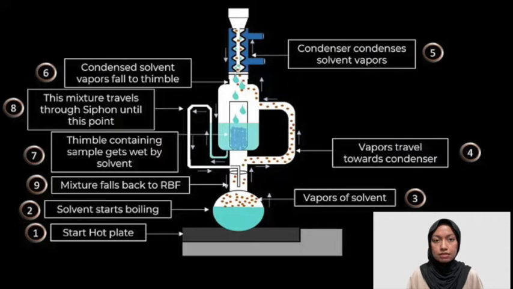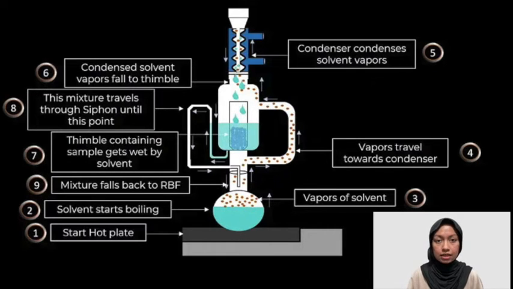So when the condensed vapors fall into the thimble, the powder becomes wet with the solvent, and the components that are soluble in the solvent go along with it. The thimble is linked to the round bottom flask through a siphon. The solvent mixture begins to fill the thimble and siphon until it reaches a point where it begins to overflow